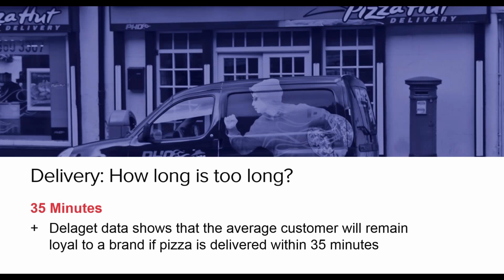Delivery, how long is too long? Delaget research suggested it's 35 minutes. That's a number that guests like. I know in my household, Pizza Hut is always our first choice for pizza, and typically they do a great job with 35-minute delivery. When they tell us it's going to be closer to an hour or longer, we choose a different